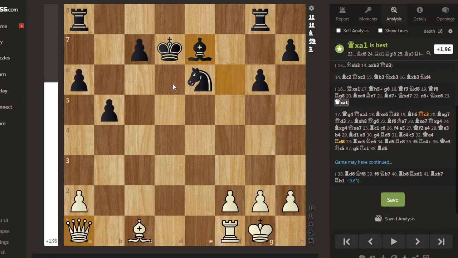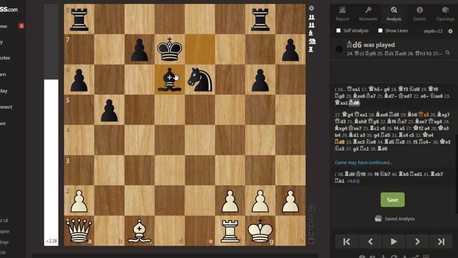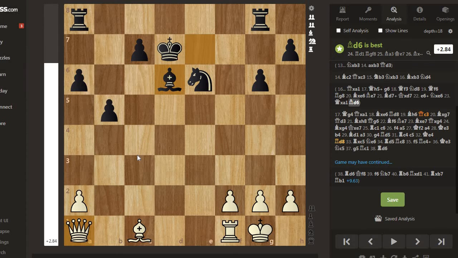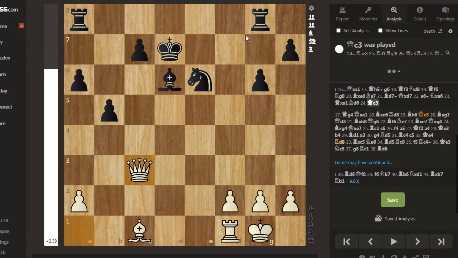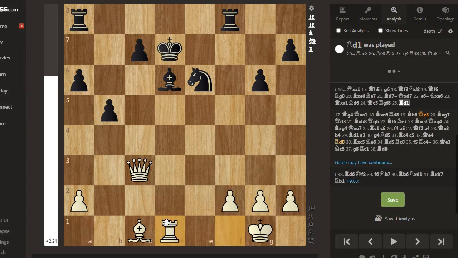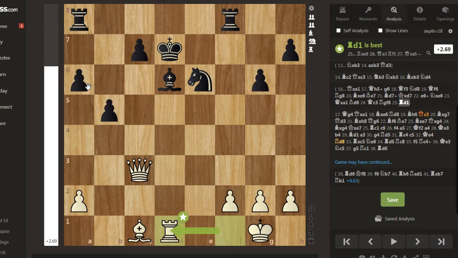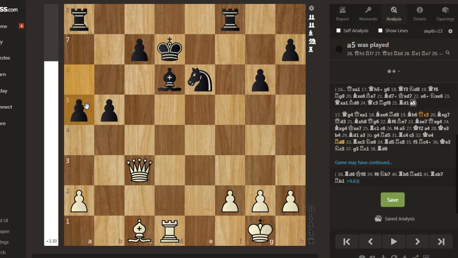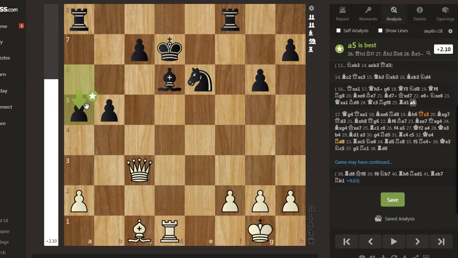and bishop, that's all. Queen takes a1, and bishop d6, queen c3, rook gf8, rook d1, a5, and this variation was eventually drawn in a 2001 computer game,